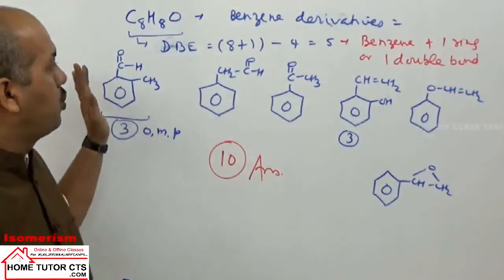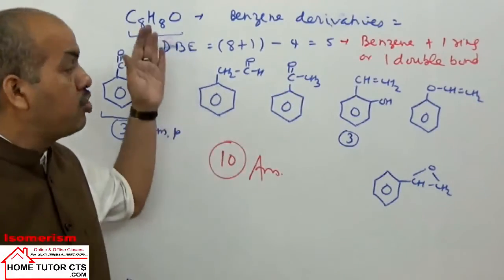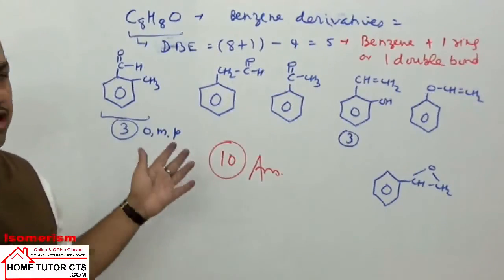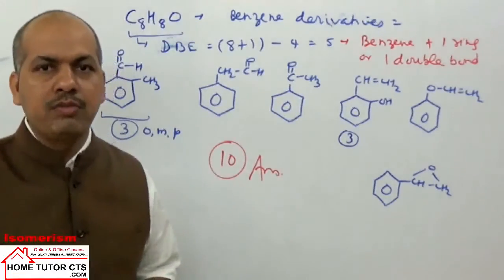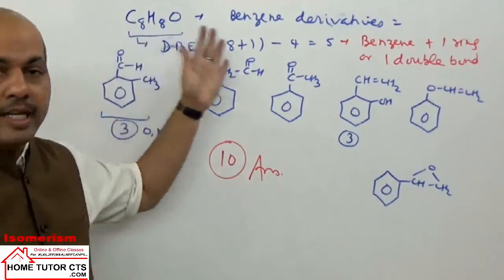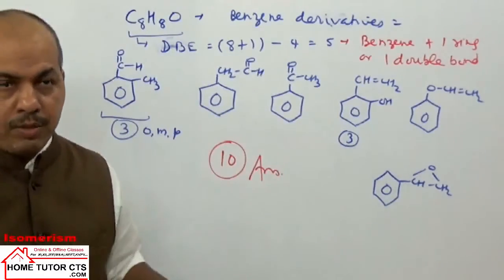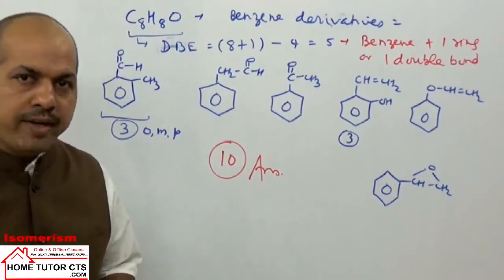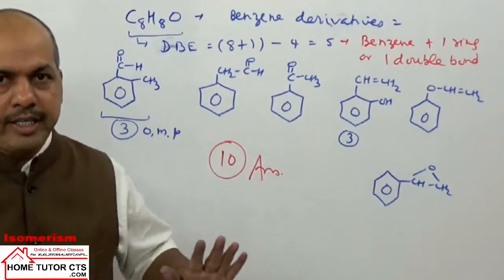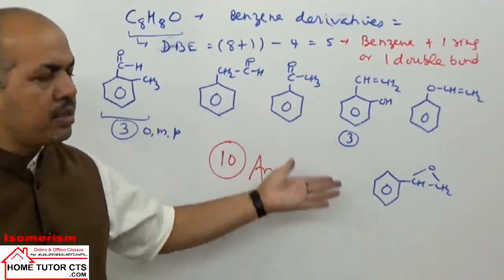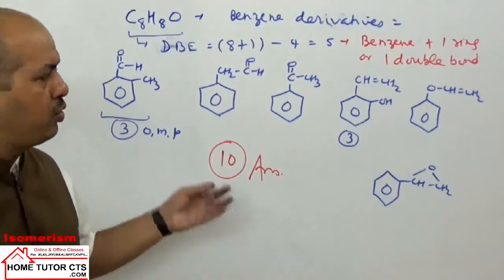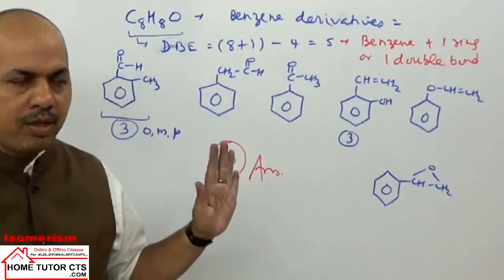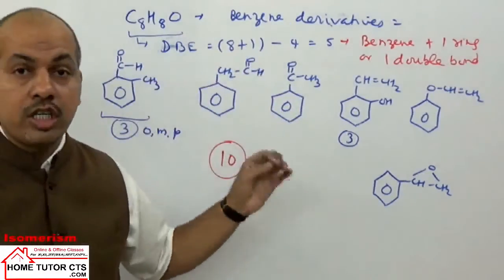Okay? So this is about your topic, the structural isomerism. You get questions only for calculation of the number of structural isomers with some limitations, because if there is no limitation we can get quite a large number of isomers. There is no shortcut in this. You can think of positions, and bring in permutation and combination, but otherwise you have to think in this. Okay, that is about your structural isomerism.